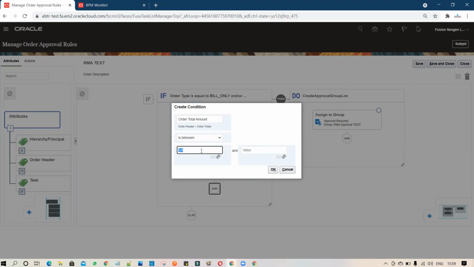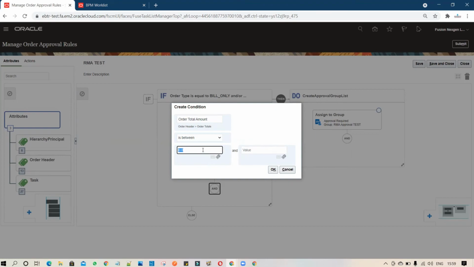So first value is your higher value in the negative if it's RMA. If it's sales order, your customer order, not the RMA order, you have to enter over here the lower value and the high value. So in between, if there is a need in your business requirement that you want amount based approval to go to a certain approval group hierarchy, you can achieve it as well.